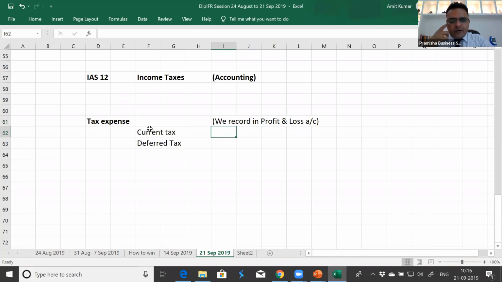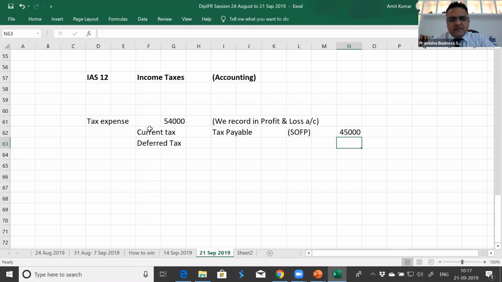Current tax is the amount of tax payable, the amount which is being demanded by tax authorities. This is the amount which goes into the SOFP, the statement of financial position, the balance sheet. Now, according to our books, the tax expense is 54,000, but they demanded this year only 45,000 from us.